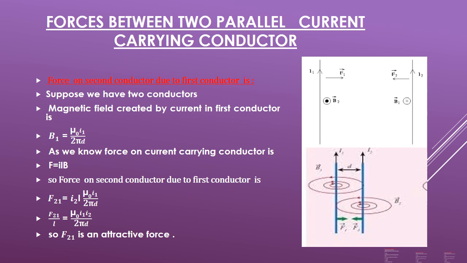Now, is there any magnetic field? We have not given any external magnetic field, only current in both the conductors. So now we take the special example taking that current in both the conductors is in the same direction. One is conductor 1 carrying current I1 as shown in the diagram, and conductor 2 carrying current I2.